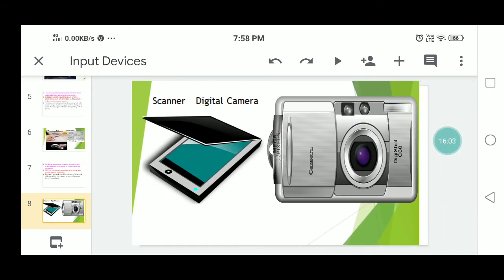Then next, coming to the scanner. A scanner is a very popular input device which works more like a photocopy machine. These scanners are mainly used to transfer printed or handmade pictures or photographs and text documents into the computer. It simply translates a paper document into a digital image format, so that it can be stored in the computer.